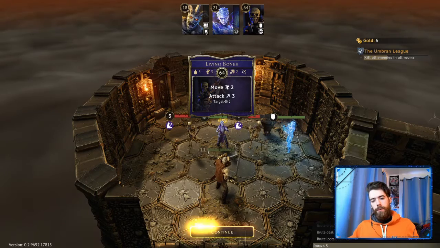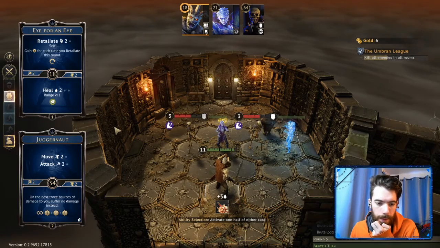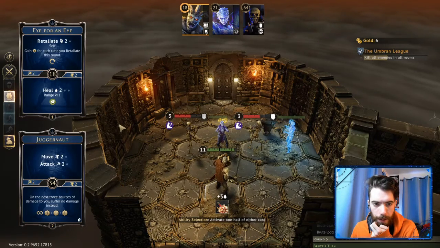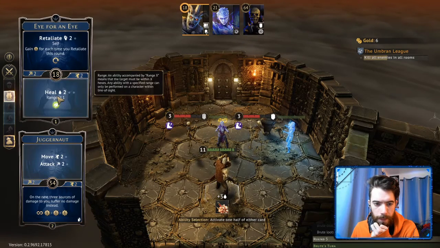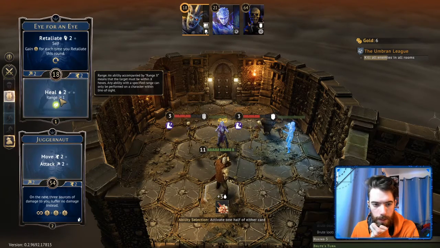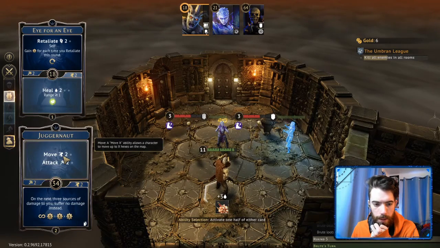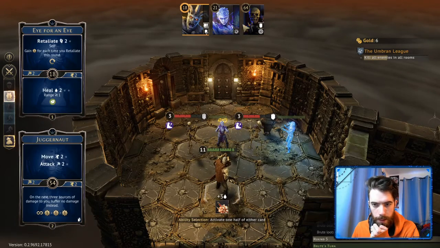The Living Bones going slow. We should be able to deal with them. That's the goal. Though we do not have a lot of damage coming out of the Brute this turn. Heal 2, range 1, create. Okay, things are starting to come together. So we're going to...